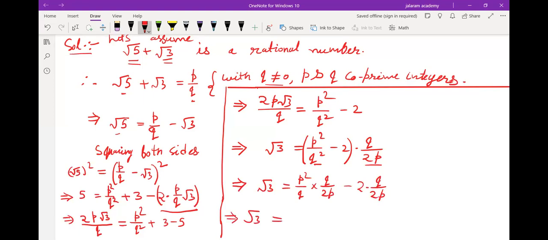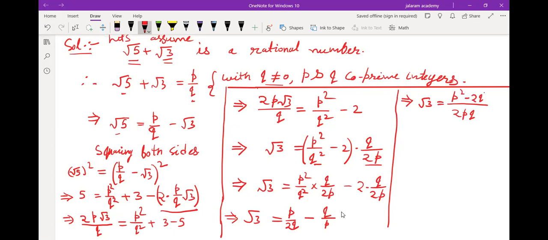Root 3 equals, q will be cancelled out, p square by 2p is p by 2, and it was also q square, so p by 2q, minus 2 is also cancelled out, q by p. That is, root 3 equals, if we take the LCM, it is 2pq. Numerator is p square